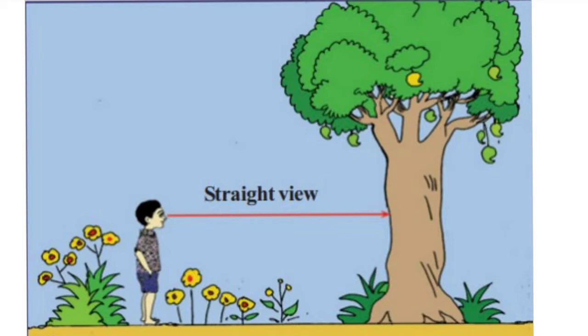Now we are going to move to the important section of the chapter trigonometry, that is distances and heights. See children, this is an application of trigonometry. Using trigonometry we can find out the heights of towers, buildings, hills, etc. For that we need to use some angles. Those angles are called angle of elevation and angle of depression.